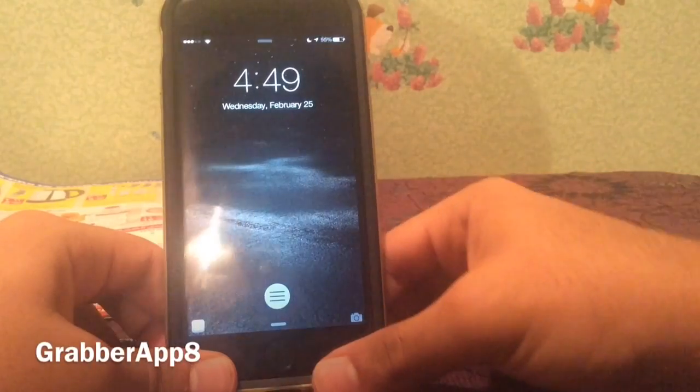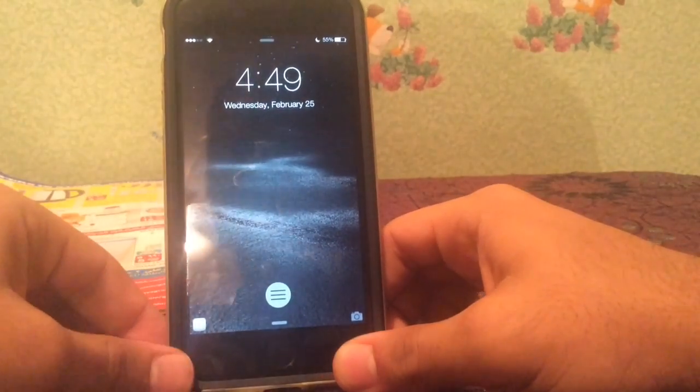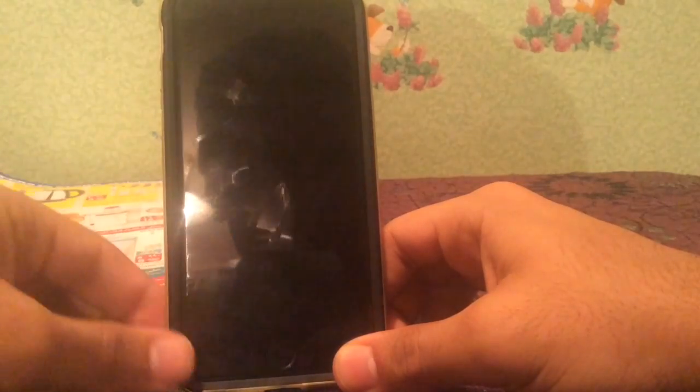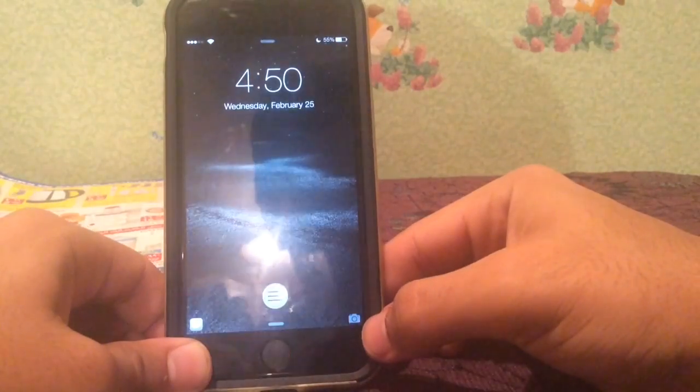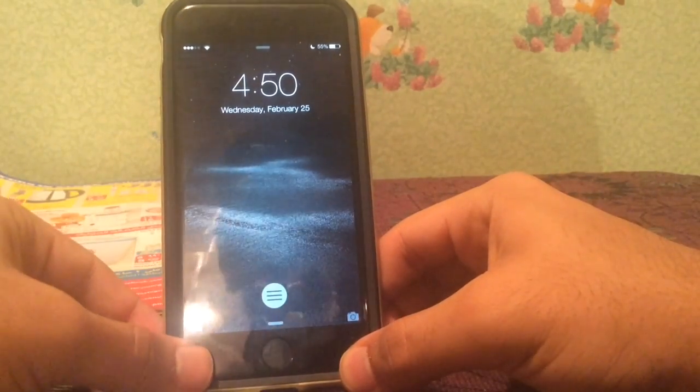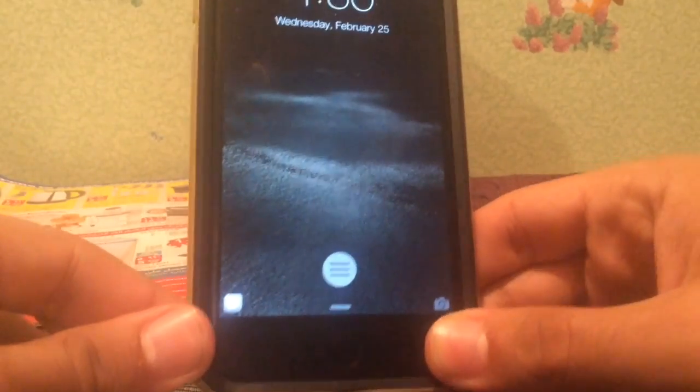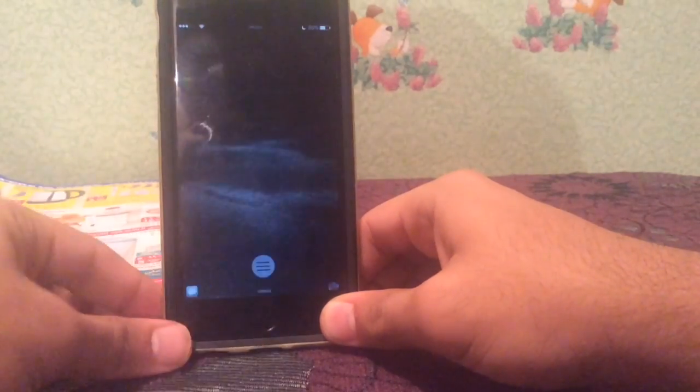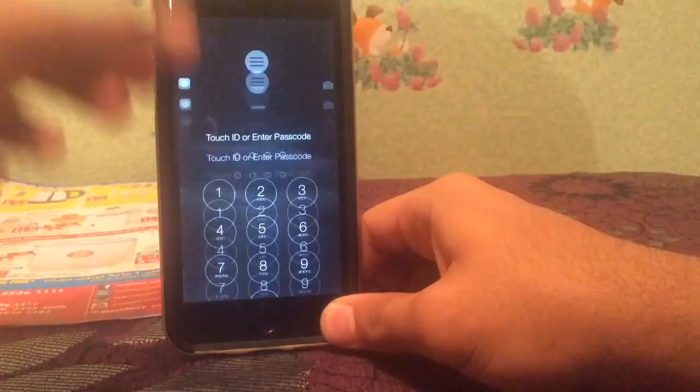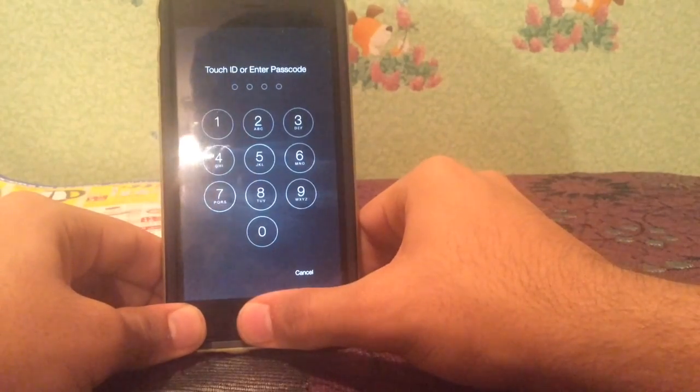The last tweak we have here is called GrabRAB 8. GrabRAB 8 allows you to customize the camera grabber right here. You can as well add a new one. So as you can see here, I have added a messages grabber. If I just slide from the bottom here, as you can see, if I enter my Touch ID,